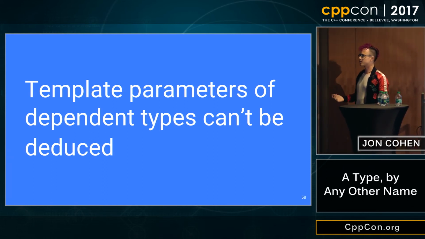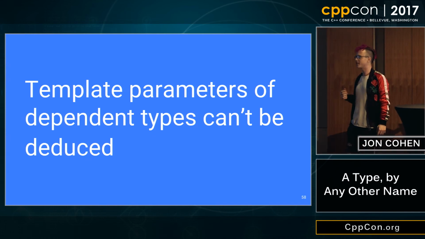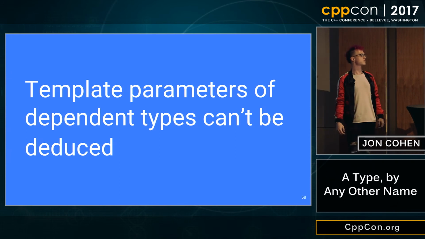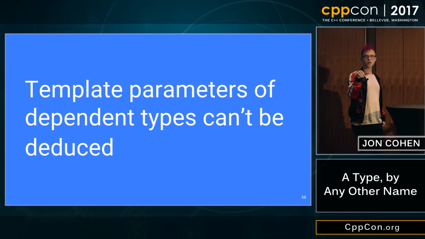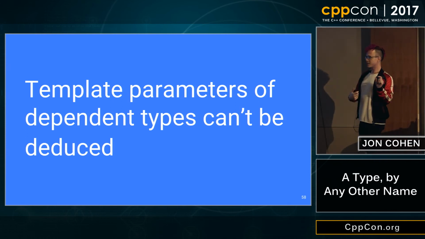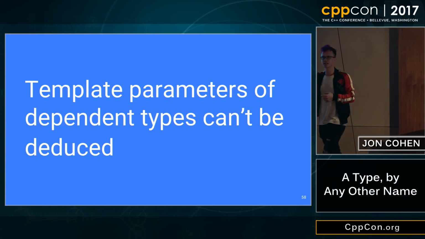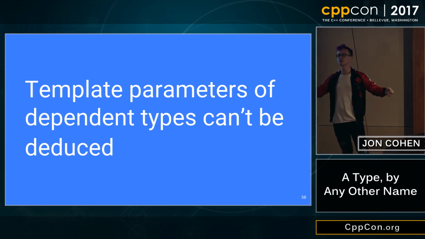If you have a function, or I guess now a class in C++17, although I have to admit I'm not particularly familiar with constructor template parameter deduction in C++17. If you have a dependent type in the argument list, the template parameter of that type can't be deduced. That template type has to appear again somewhere that the compiler can figure out what it is and then insert it back to that template parameter and say, oh, T and T here must be the same.